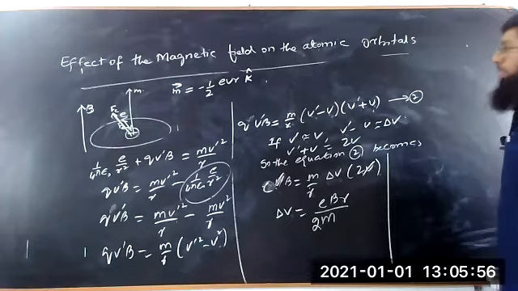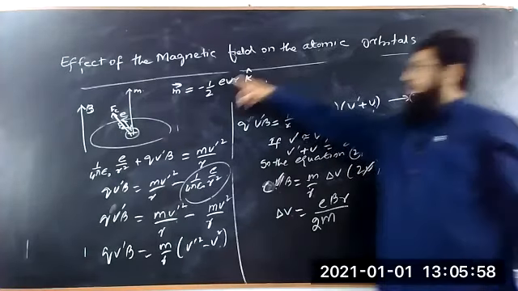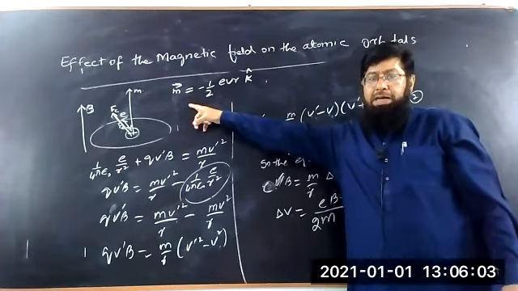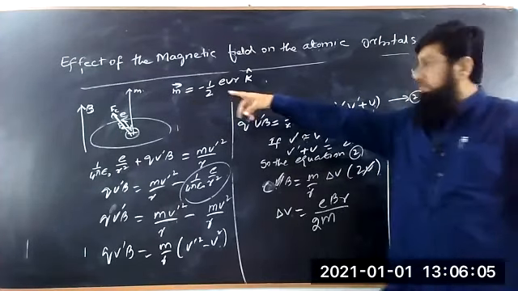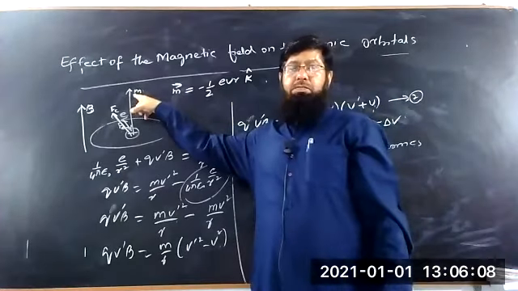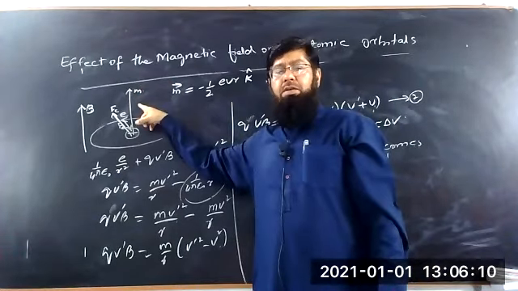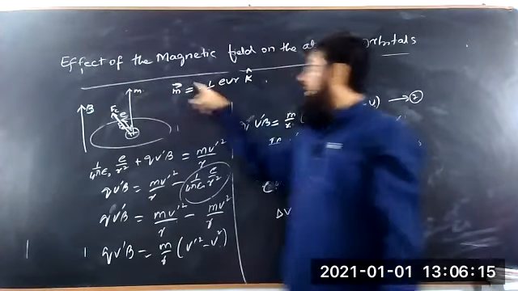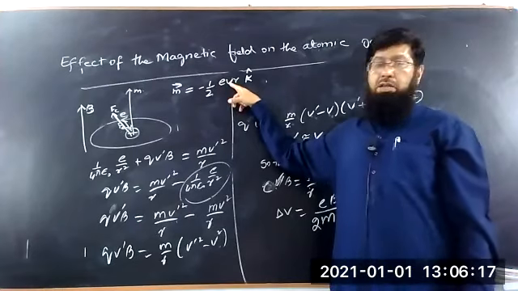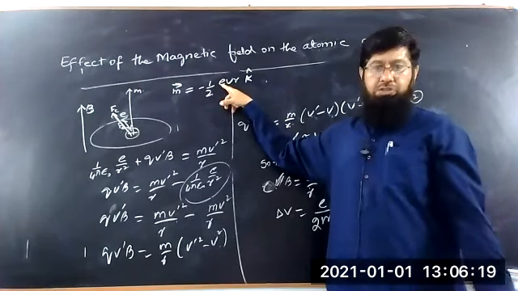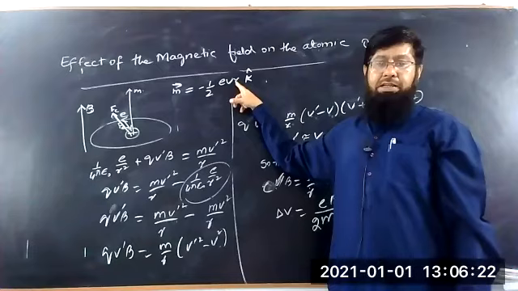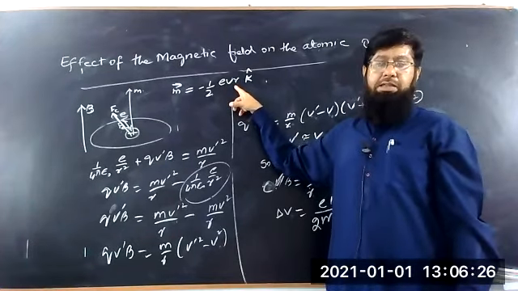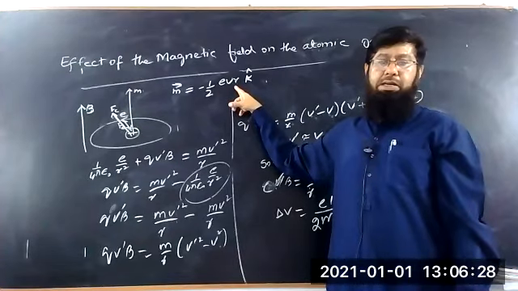In the presence of the magnetic field, this M will not remain the same. There will be a change in M. This change in M is known as delta M. And this change in M is due to the change in the velocity, because the charge cannot change. The orbiting radius will remain the same. So only the velocity will alter in the presence of the external magnetic field.